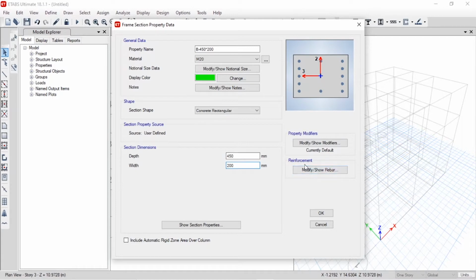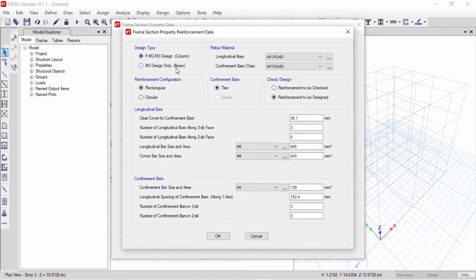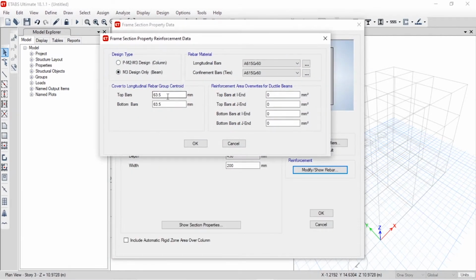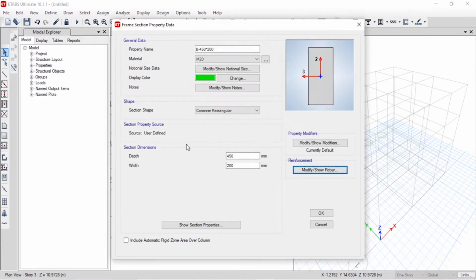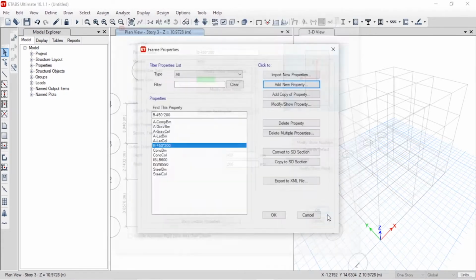For the reinforcement, I'm going to modify the rebar. Click on modify or show rebar, and here I'm going to design it as a beam. So I will choose the design type as beam, and the rebar material I'm going to choose HYSD 500 grade, and I'm going to provide a cover of 25 mm for the top rebar as well as the bottom rebar, and then click on OK and OK.